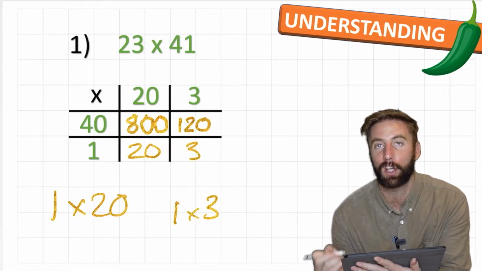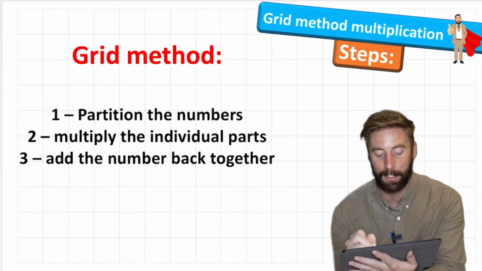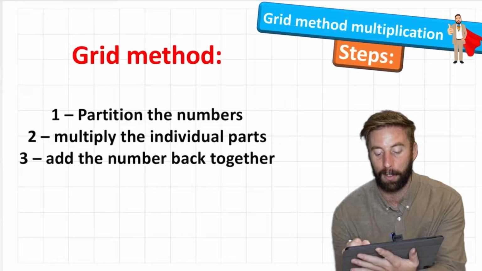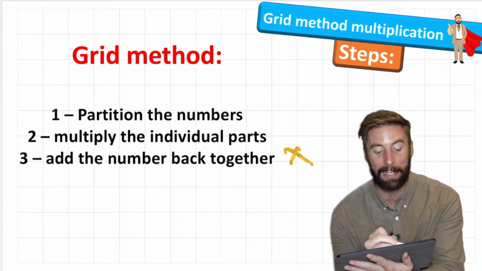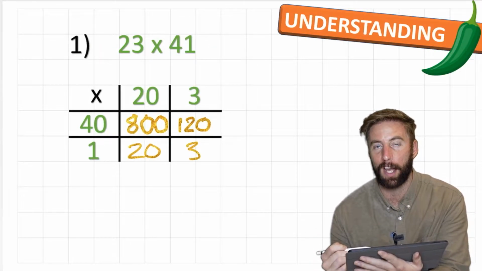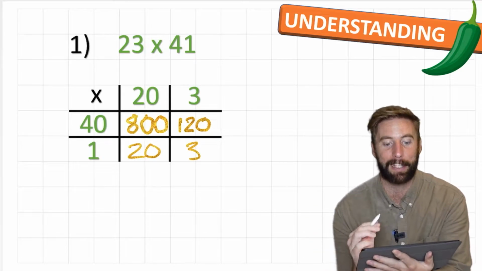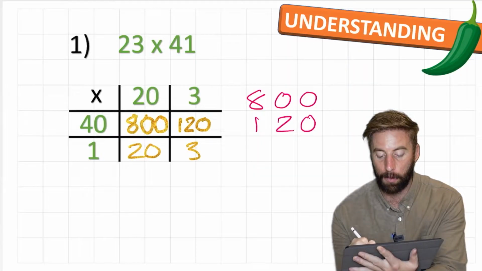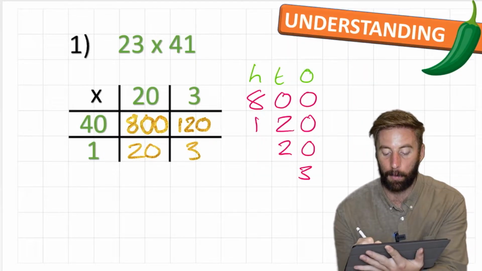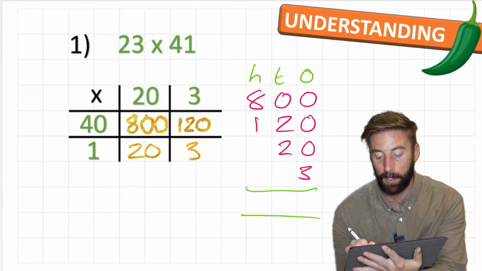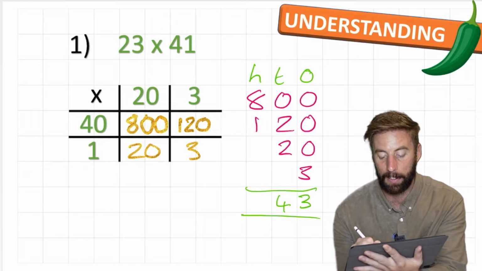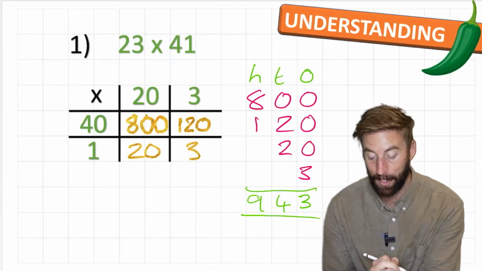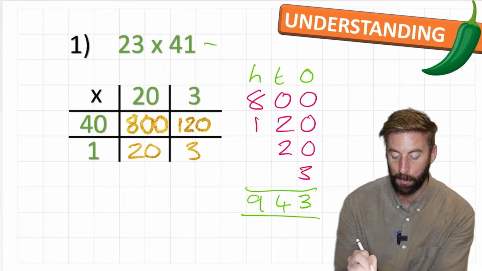But am I finished? No, because if I look back at my steps, I now need to do step 3, which is to add these numbers back together. Because so far I've broken this question down into smaller parts, now I need to put it back together again. So I need to add my 800 to my 120, my 20, and my 3. And here we go. 0, 0, 0, and 3 equals 3. 2 and 2 is 4. 8 and 1 is 9. So my answer to 23 times 41 equals